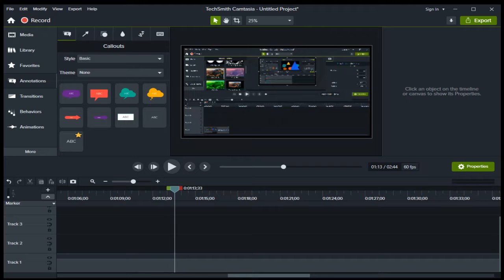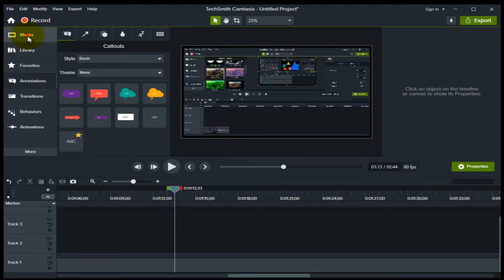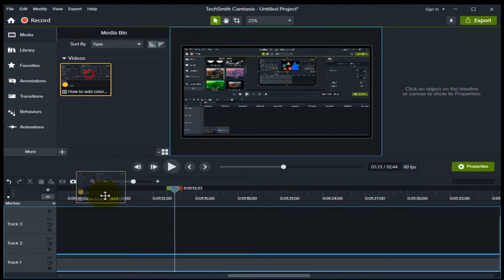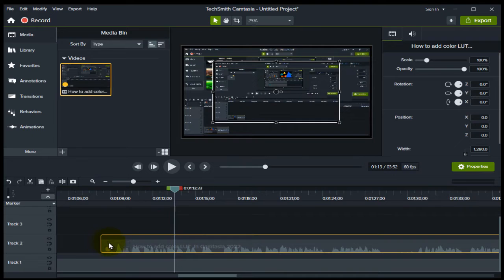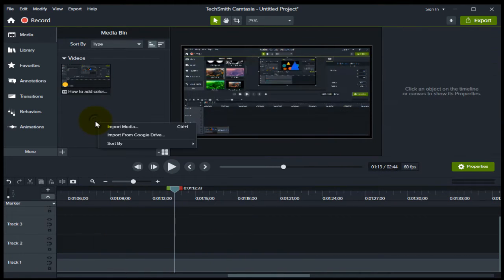Let's head over to Camtasia, and here we have media library, favorites, annotations. So please now grab your video and add your video in the timeline. But if you want to add your video in the timeline, you can tap simply on this plus right here